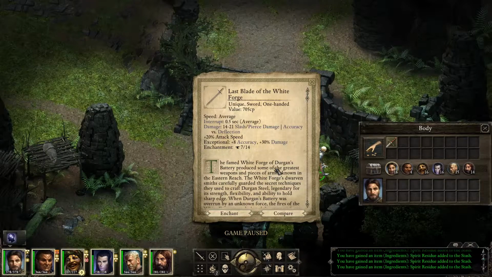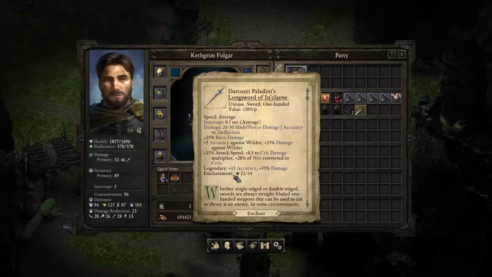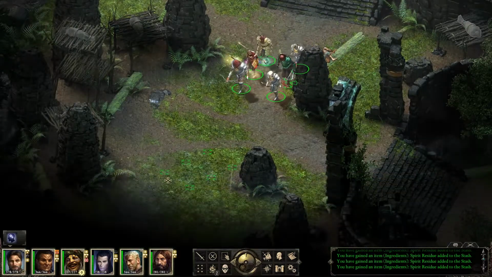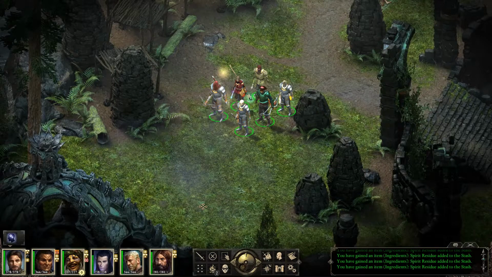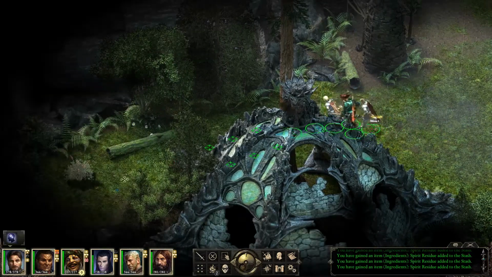Last Blade of the White. It's just a sword. Plus 20% attack speed. That's really its only claim to anything nice. This one's got 15% from the Durgan stuff, and it's also heavily upgraded otherwise. So I'm holding on to it. How good? The sword's superb as well, right? Yeah, no, it's not superb. It's legendary. The other one that I have, so...